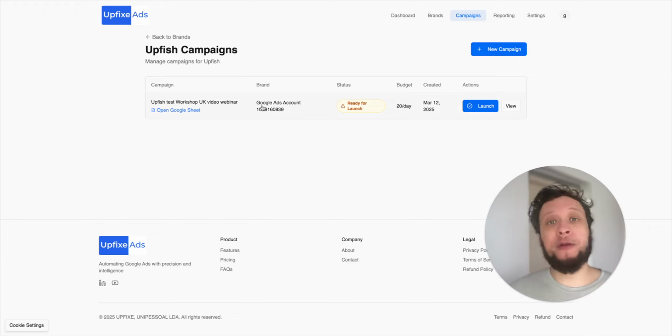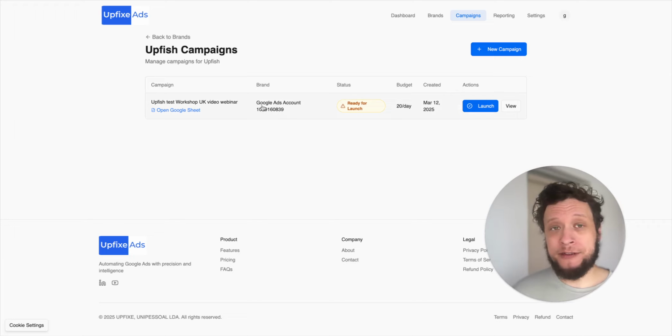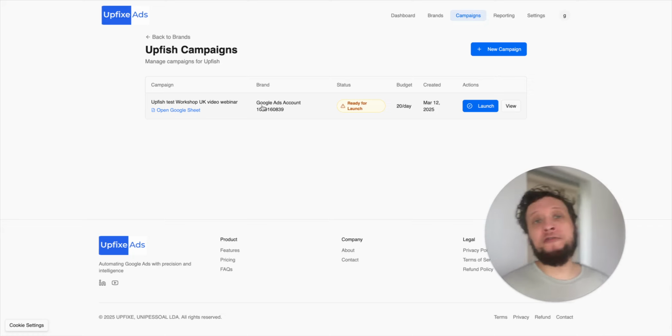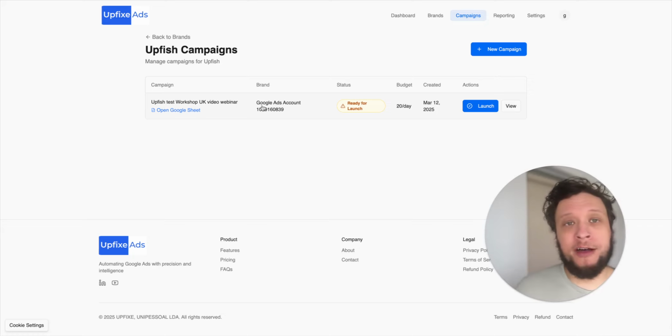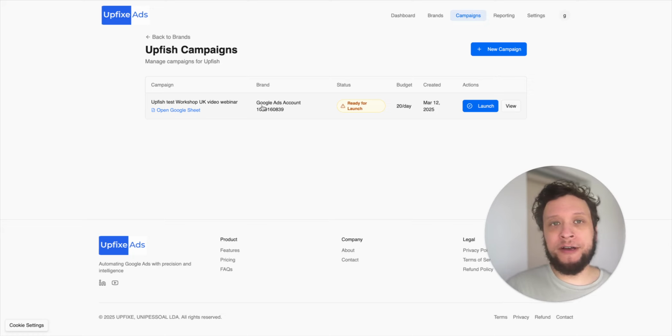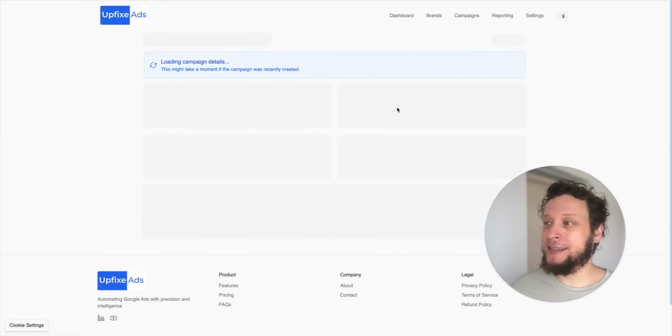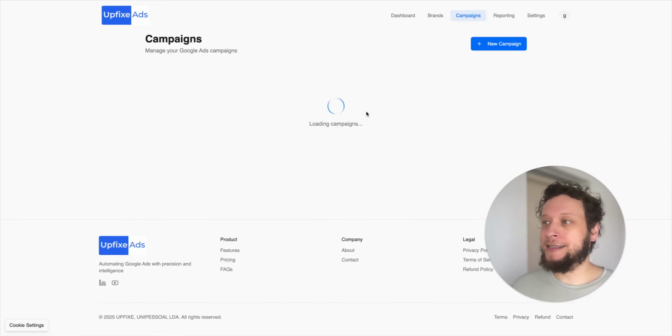Now, the reason that we put this step in is for obvious safety reasons. Well, there's actually two reasons. One, if you're a freelancer or an agency working on behalf of clients, you want to send them first what you're planning on putting on Google Ads, the copy, the search terms, the ad groups, to get their approval. And if you're just a company working as yourself, you want to make sure that whoever's in charge of it hasn't made a mistake. They haven't put in like $2,000 a day instead of $20 a day for budget